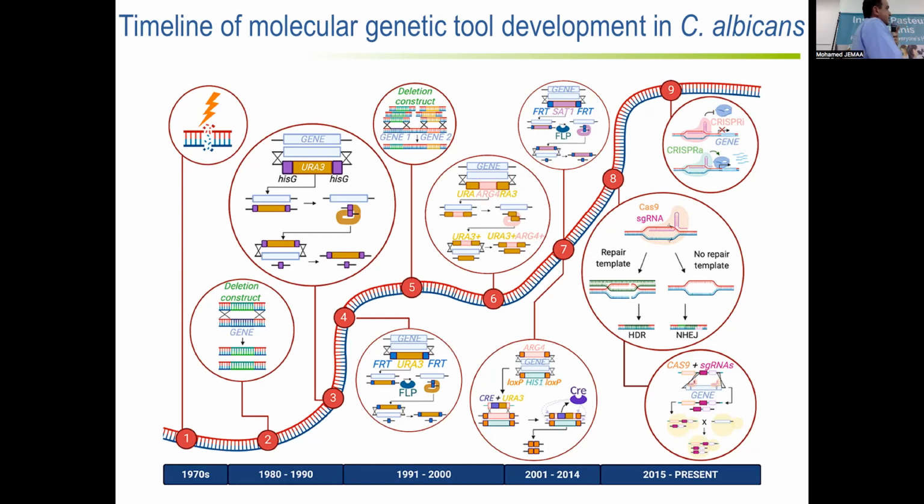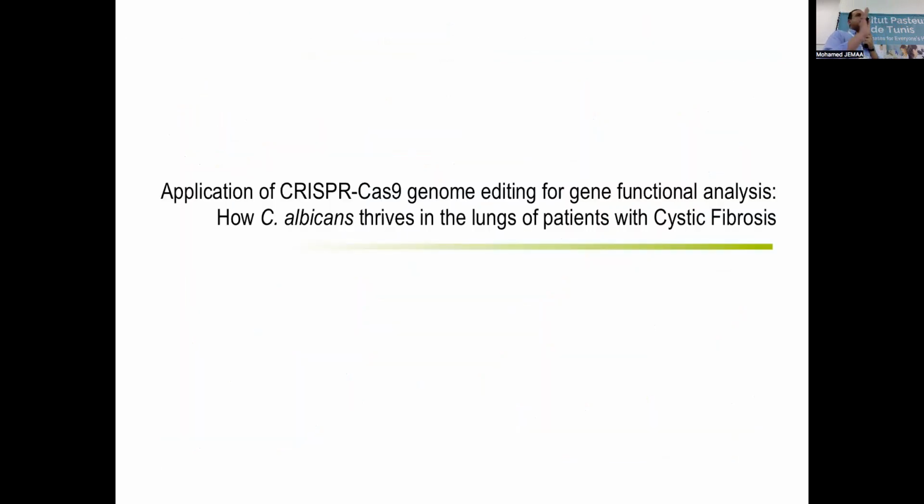And then later on, the group of Shapiro in Guelph, Rebecca Shapiro, has developed extensively applications of the CRISPR-Cas9 system in Candida albicans. Okay, so quickly here, I'm going to be talking to you about the application of CRISPR-Cas9 genome editing for functional analysis. And I'm going to be talking about a project that we developed with Maysa Gnaim,